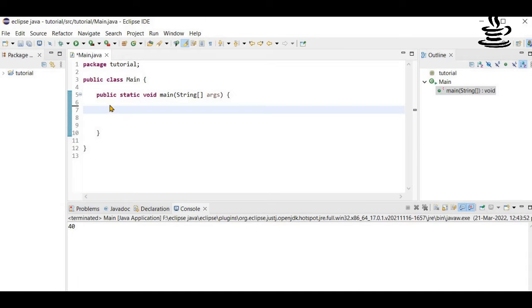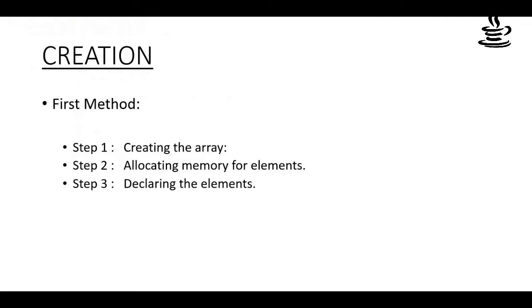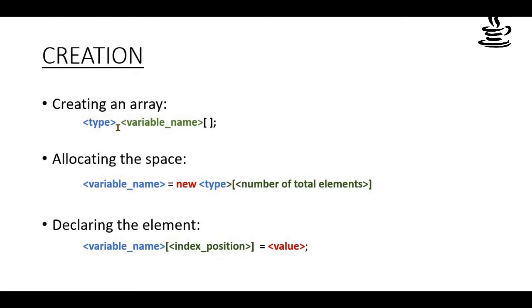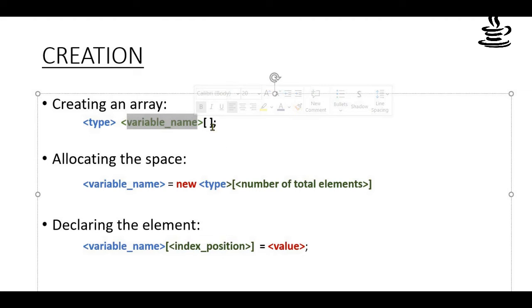So the first point is how do we create an array. To create an array, we use the following syntax. First we write the data type which makes up the values of our array. In the previous example, we have the numerical data type, or basically the integer data type. The integer data type is represented by the int keyword. Followed by that, we write the name of our array in which our values are going to be stored. And afterward, we use empty bracket signs to represent that this is going to be an array